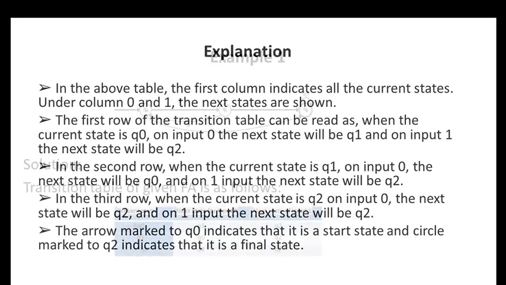The explanation for the previous problem is: in the above table, the first column indicates all the current states, under columns 0 and 1 are the next states as shown. The first row of the transition table can be read as: when the current state is Q0 on input 0, the next state will be Q1. On input 1, the next state will